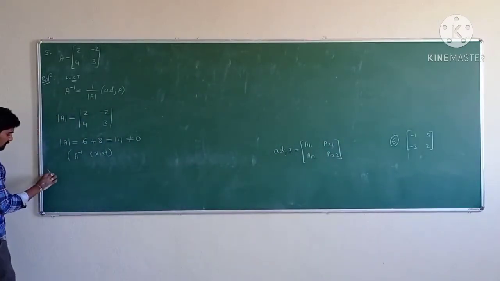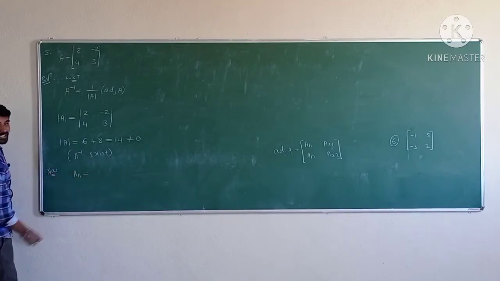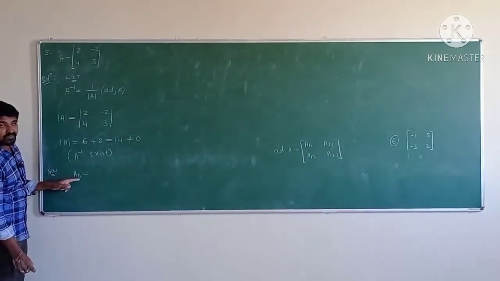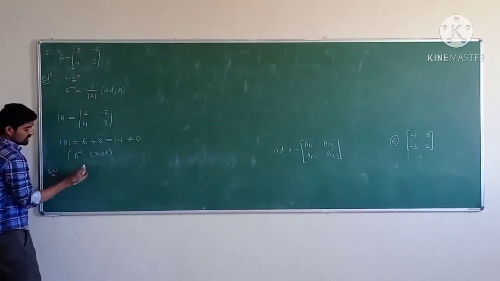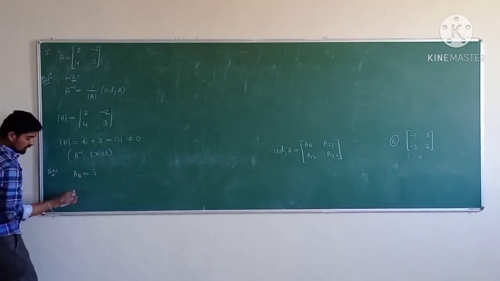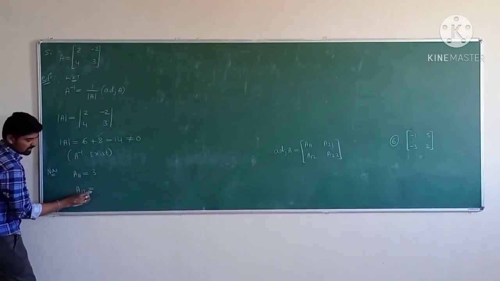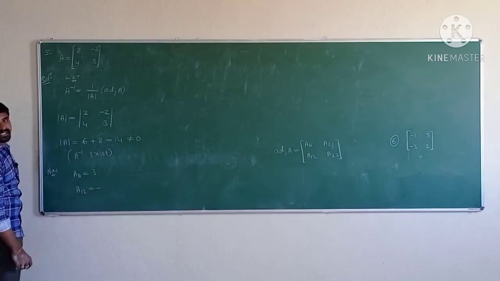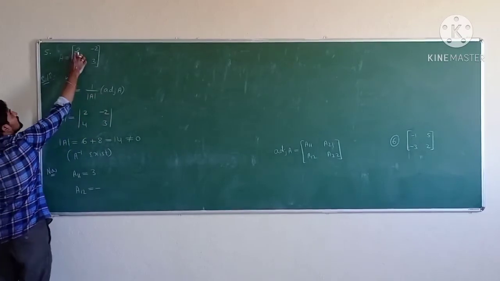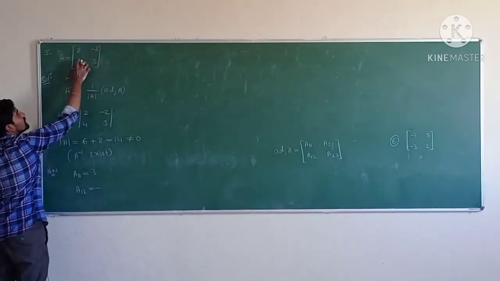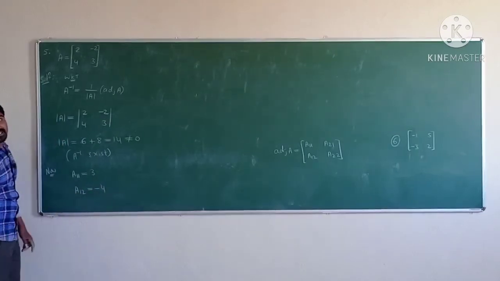So now the value of A11 is obtained by deleting the first row, first column. After deleting this first row, first column, the remaining element is 3. And next, A12, 1 plus 2 is odd, therefore multiply by minus, and it is obtained by deleting the first row, second column. After deleting this first row, second column, the remaining element is 4. Therefore, minus 4 is the value of A12.